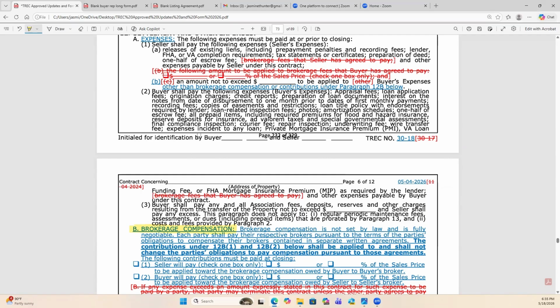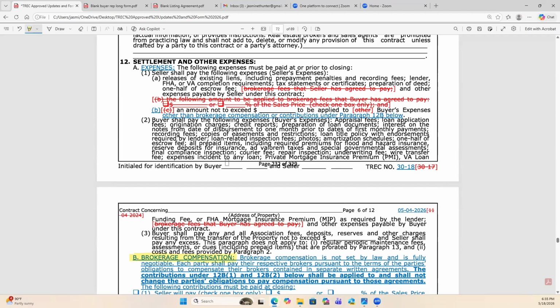Okay. So what I'm going to harp on first is the red. Then I'm going to go into the buyer rep and the listing agreement and how it's supposed to be used. And then I'm going to show you how they've cleaned this up very nicely in blue. Okay, so focus on the red. Let me zoom in a little bit.